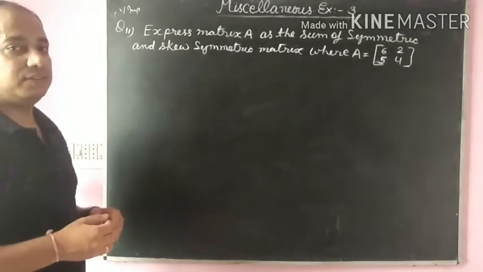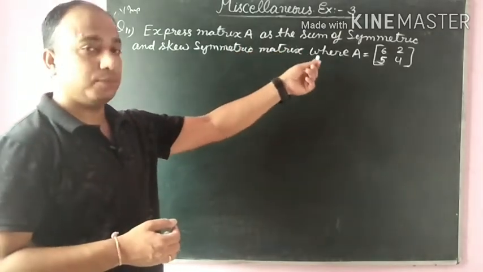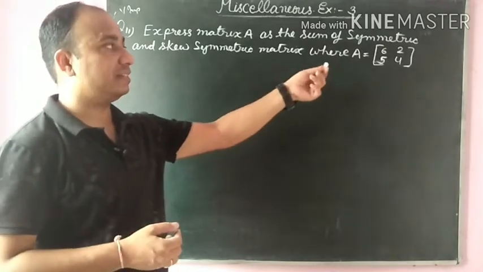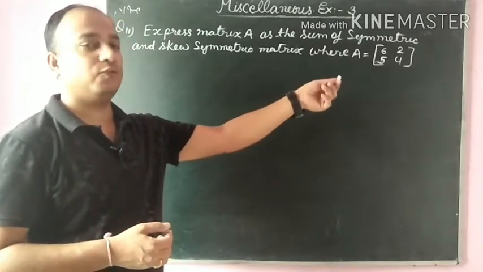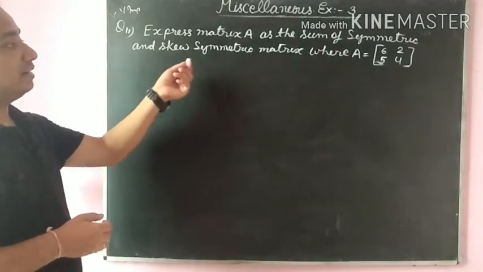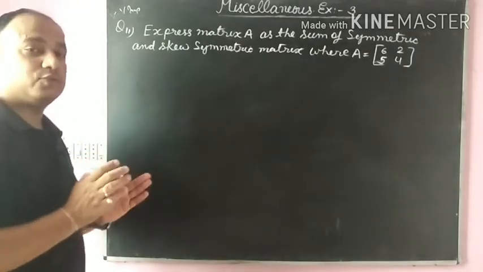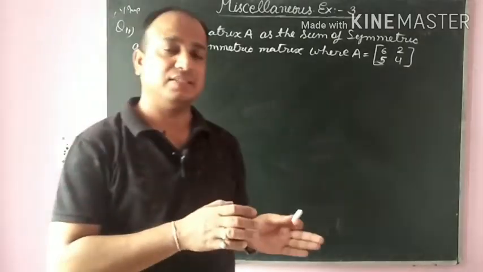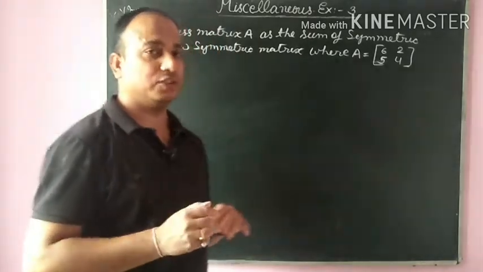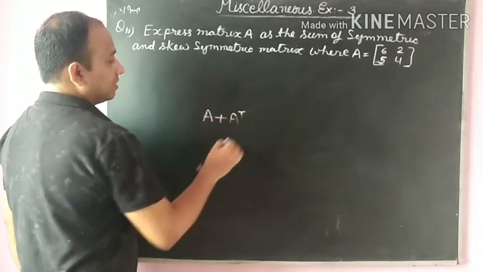The question number 11 is, express matrix A as the sum of symmetric and skew symmetric matrix, where matrix A is equal to 6, 2, 5, 4. We discussed the symmetric and skew symmetric matrix in the last lecture, that any square matrix A can be expressed as the sum of symmetric and skew symmetric matrix. तो वही क्वेश्चन मैंने आपको प्रूव करवाया था: A plus AT is a symmetric